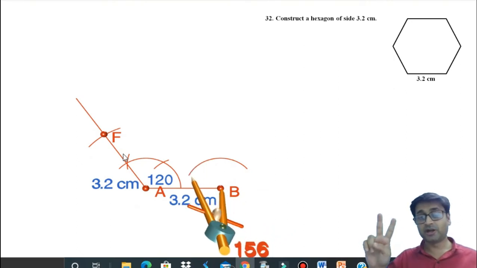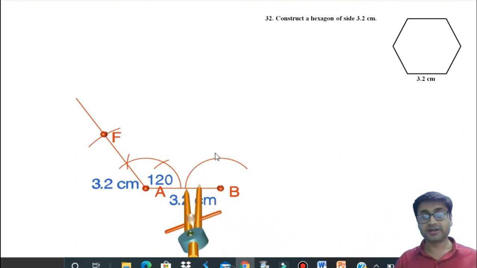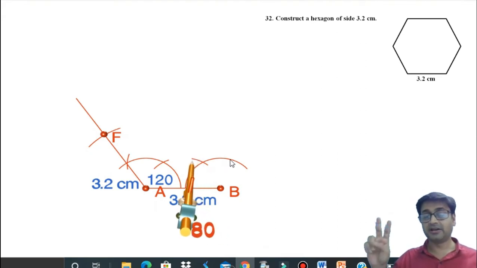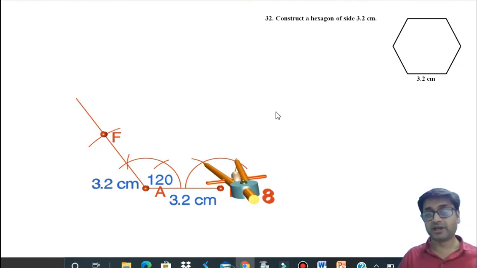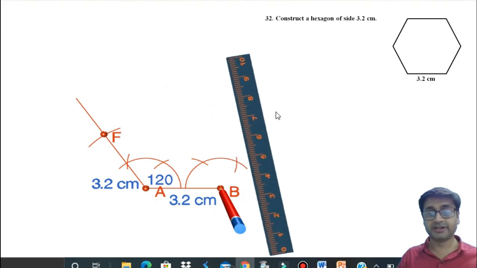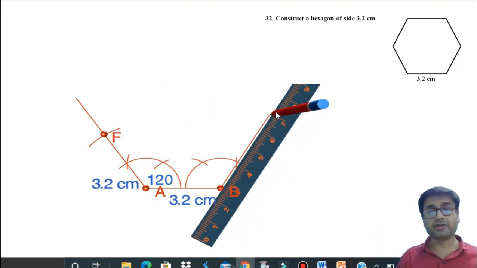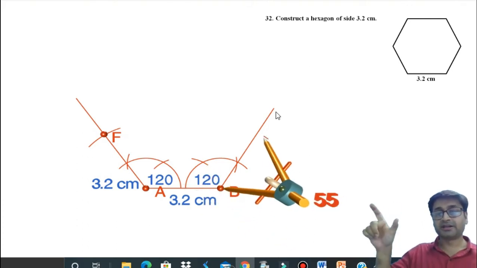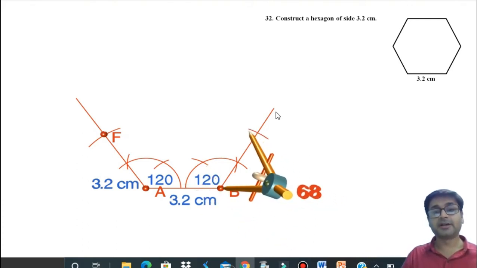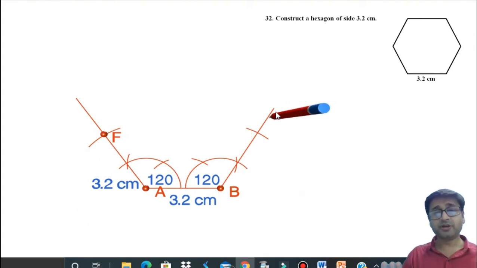Now the second 120 degree from point B. So cutting the arc, then from this point same radius first arc, from this point second arc of same radius to get your 120 degree. Join this and B together and you will get your second 120 degree. Again from point B, cut an arc of 3.2. Come on, do it. Pause the video, reach to point C at least, and then come back. So keeping the compass on B right now, as you can see there, cutting an arc of 3.2, I will get my point C. If you reach till here at least, you are entitled to get 2 marks straight away.